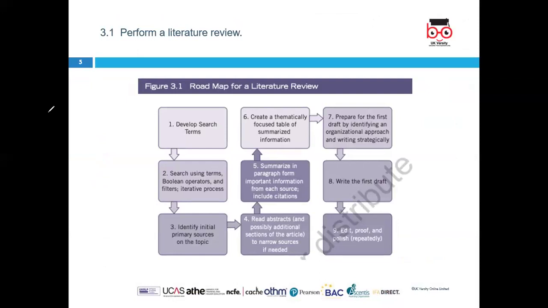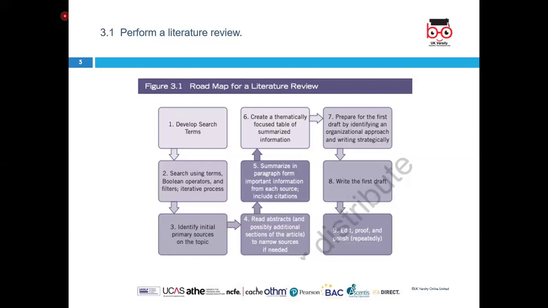It's talking about your literature review, so your project. So you will have to develop some search terms based on what you would want to search. For instance, again, I give the example of... so when you're developing your search terms, for instance, you want to know, let's say